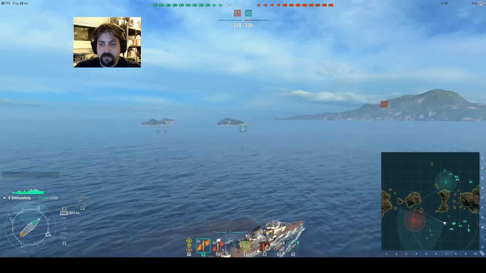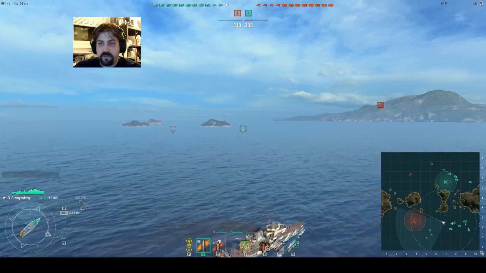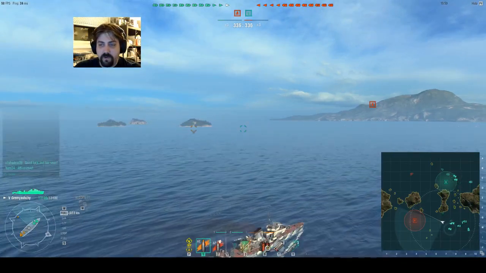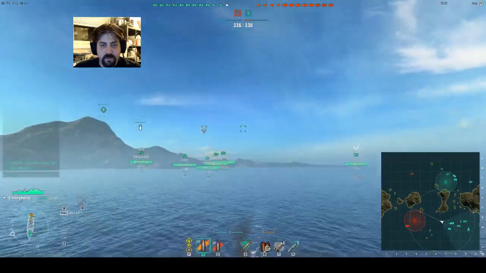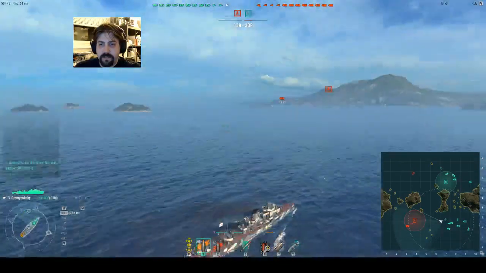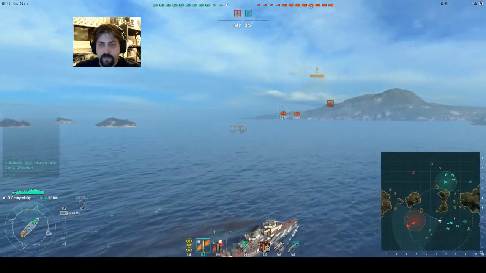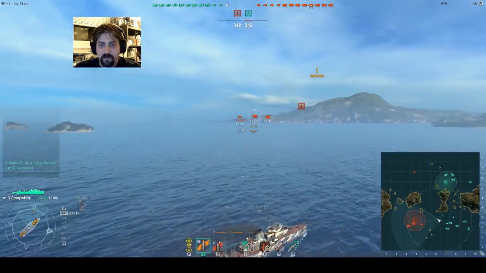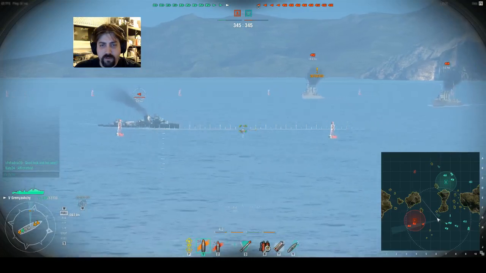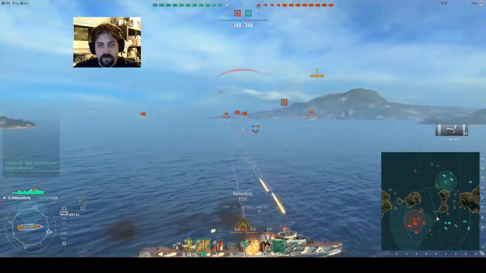But let's get some eyes out for our team here first. See if we can't spot some stuff for the Myogi and the Wyoming in the back. Although they don't actually have the longest of ranges. But they should still be able to hit that. Oh, hello, Mr. Destroyer. How are you? That's right, I'm going to shoot at you. And then I'm going to...